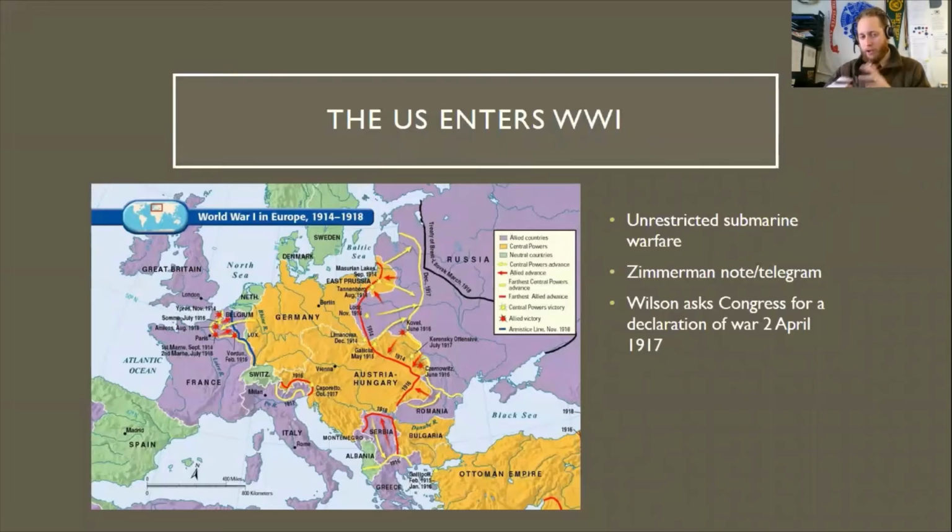The story of U.S. involvement, at least direct involvement, doesn't really begin until 1917. The U.S. had been involved throughout the war in some regard, especially when it came to loans or material and food supplies to countries like Great Britain and France. So the United States economically was already tied to the Allies before the declaration of war in 1917. The two main causes for the declaration of war was unrestricted submarine warfare.